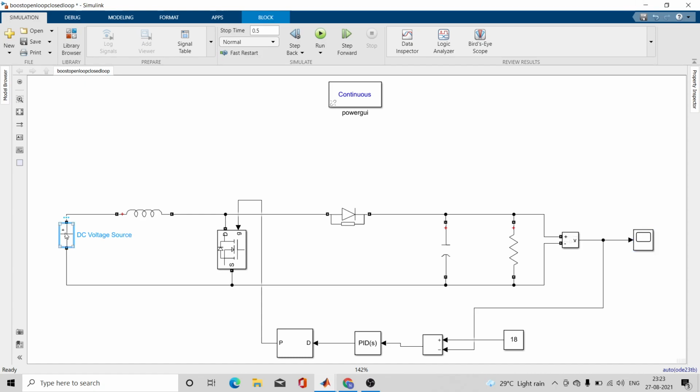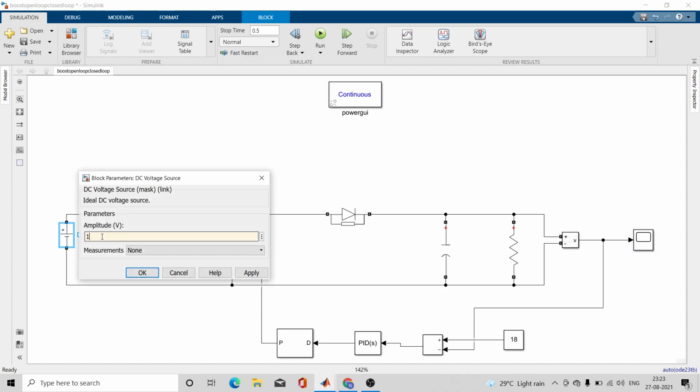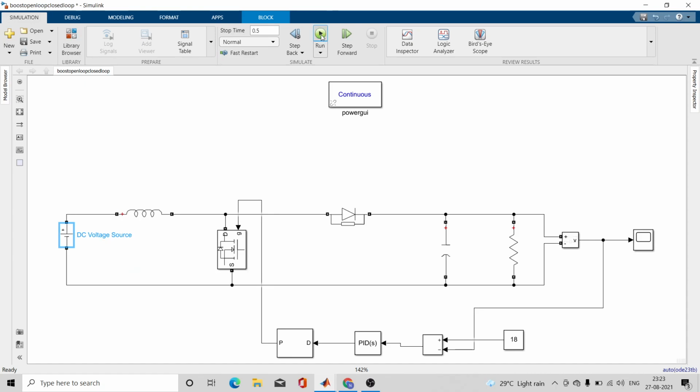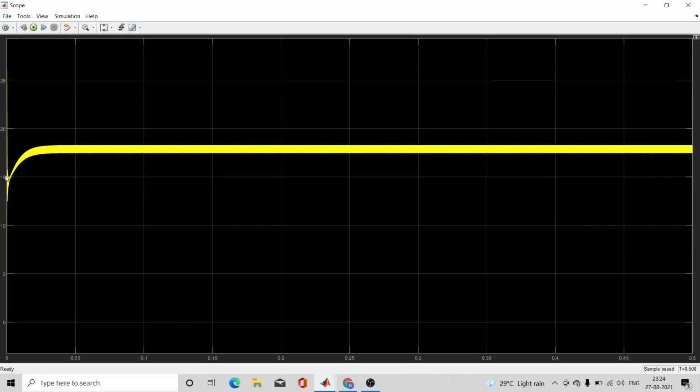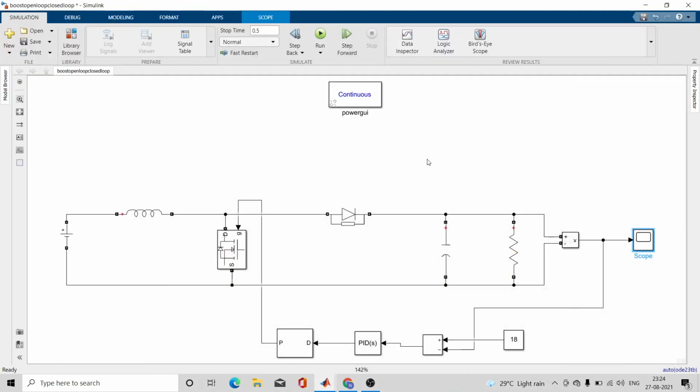Let us again change the voltage to some 15 volt. So it is again managing to give you the 18 volt output. So this is the difference between open loop and closed loop boost converter.